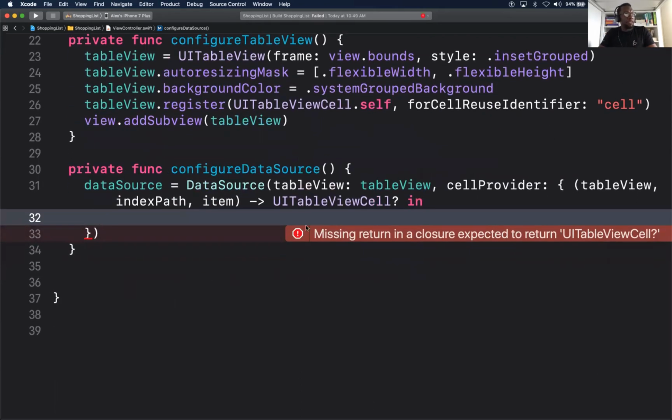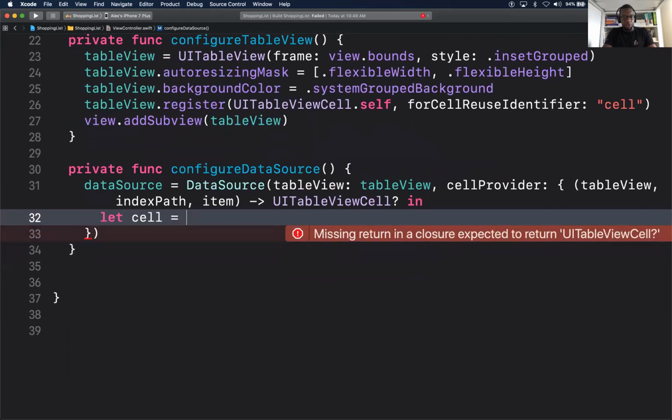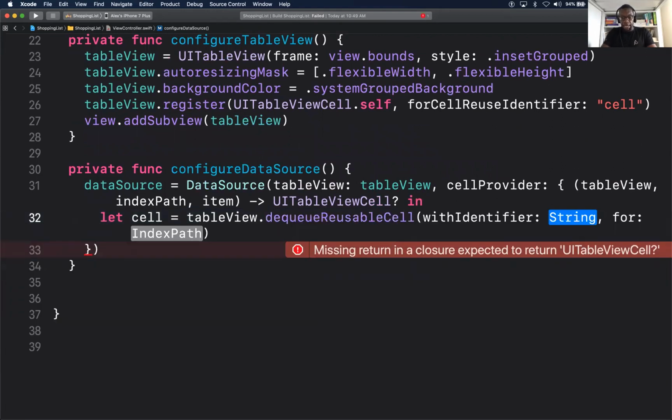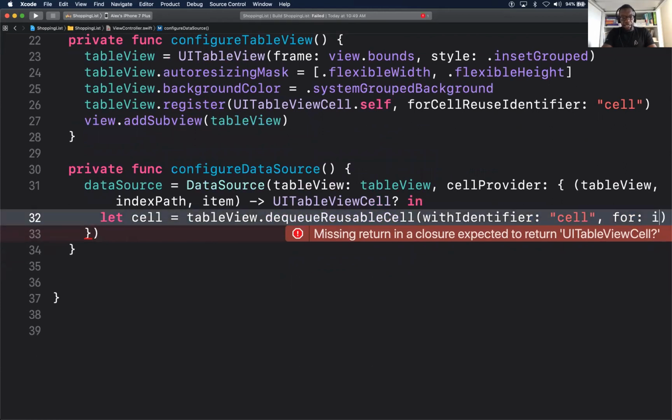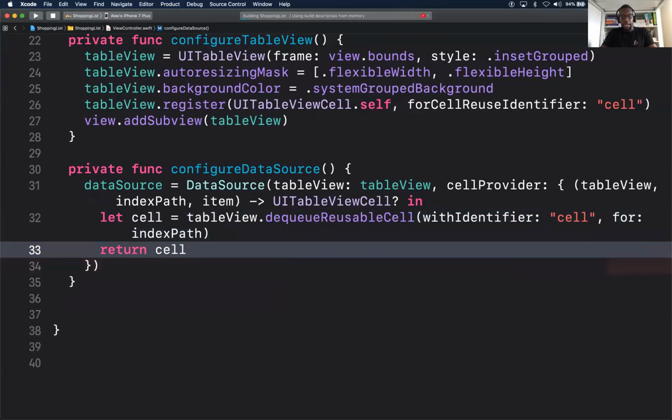So let us go ahead and configure our cell. What should our cell be? For now, I will just say let cell equal to table view dot dequeue reusable cell. The identifier is just cell, index path. And for now, let's just return cell and build. Make sure you have no errors. If you have any errors, please let me know so we could work together.